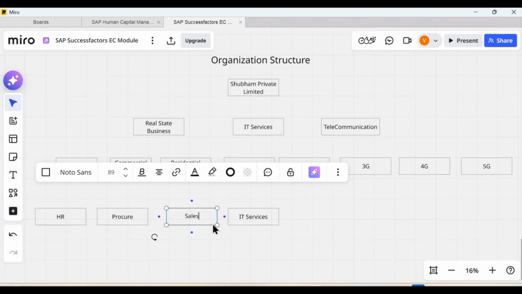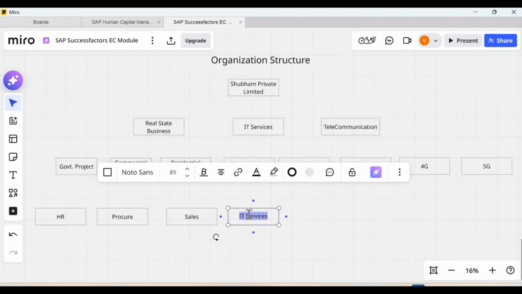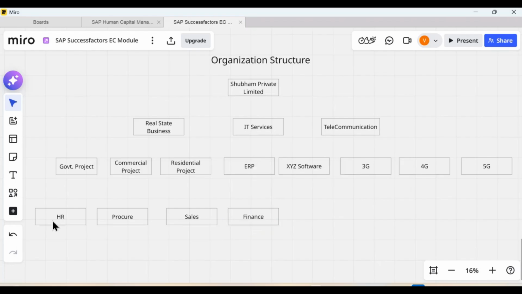There is a sales team, sales department. For maintaining all the financial things, there is a finance department. So similarly, whatever type of business, however the company wants to manage their businesses, these types of departments exist, like